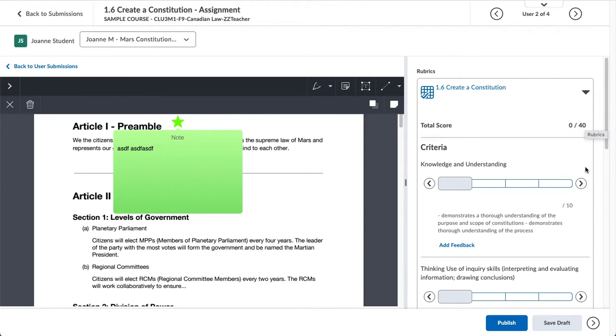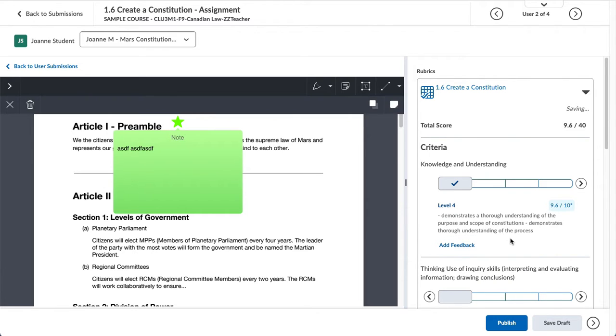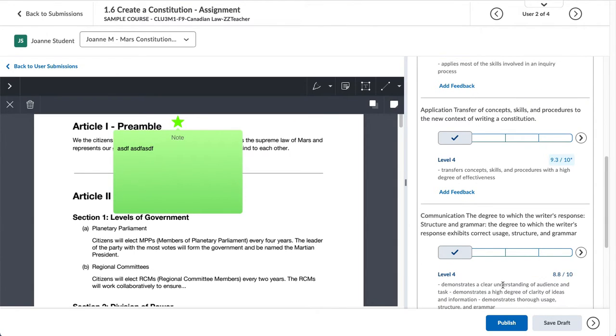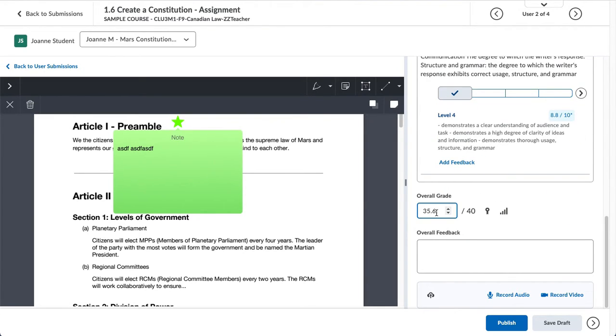It's out of 40. Each of the individual criteria are worth 10. So the trick here is, as you're sliding it along, once you decide what level the student has achieved in a particular piece, you have to click it again in order to see that check mark, and then you can tweak the grade so it's exactly the way you'd like. You can add feedback that's specific to that criteria. So as I've been putting those grades in for each individual achievement chart category, I haven't had to do any math. Brightspace Rubrics is looking after that overall grade for me,